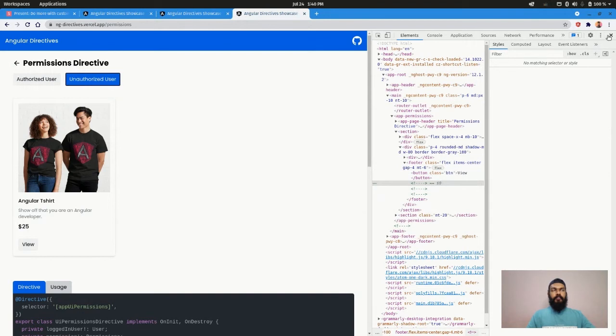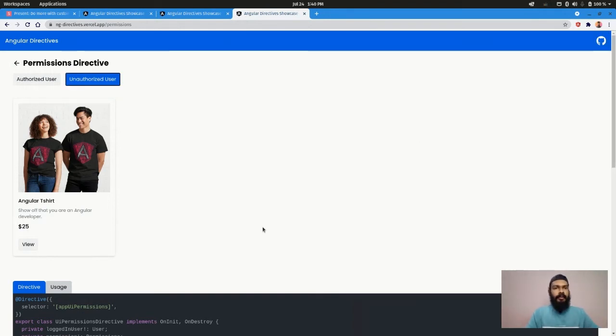So again, all this logic can be written in the component. Nobody is stopping you from writing it, but the thing is that this component doesn't have to worry about whether it has to show the button or not. What this component has to worry about is just showing the proper image and the related buttons, and the rest can be taken care of by a directive. Because in most cases, if we separate the concerns or separate the logic into smaller pieces, it will be maintainable. So as we saw in the first benefits, it'll be much more maintainable.